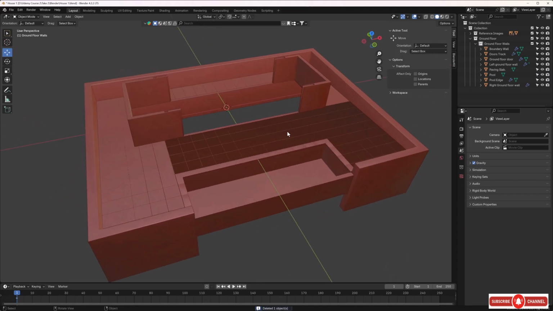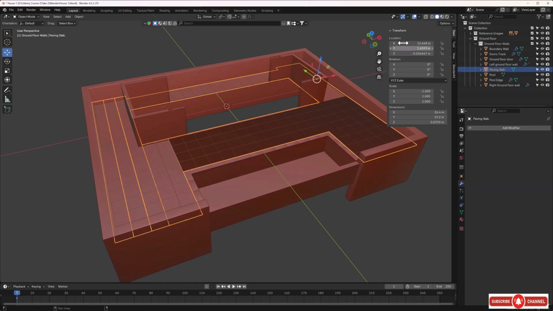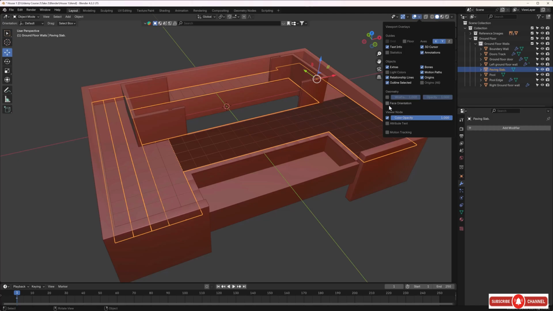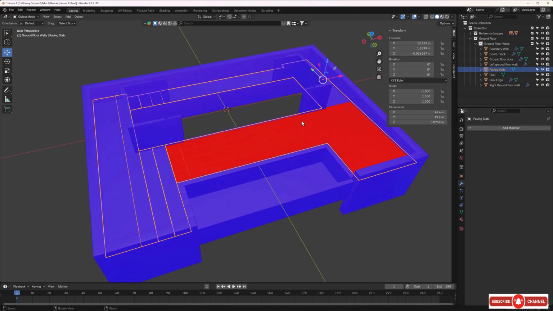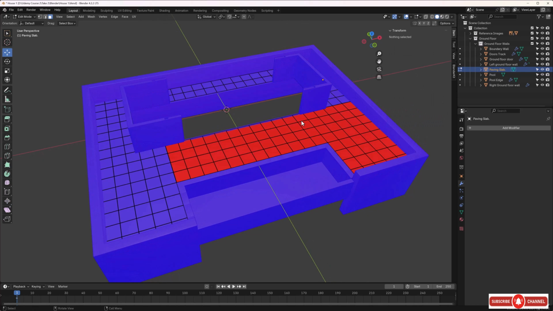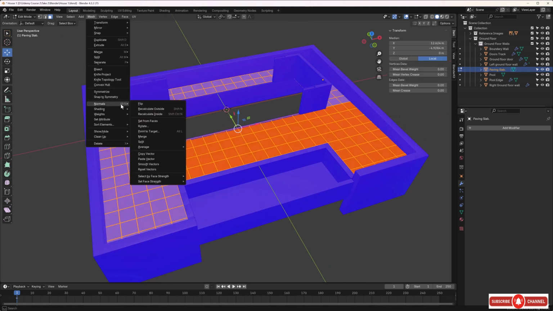And as you can see, this area here is a completely different colour. So again, that's a normals issue, so let's sort that out. Let's grab it and let's go ahead and have a look at our face orientation. You can see the issue there. Let's tap into edit mode with this and we'll press A for all, come up here to mesh and normals, and